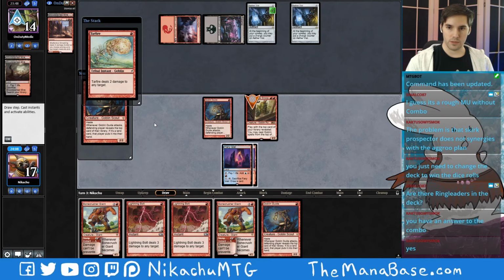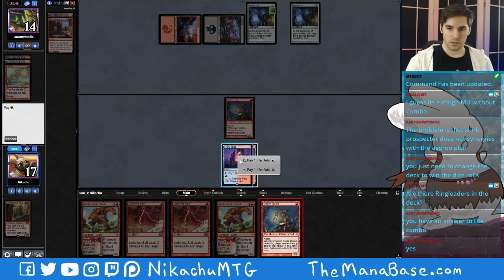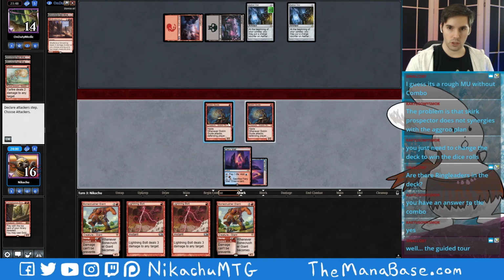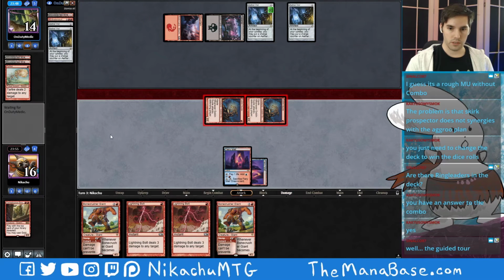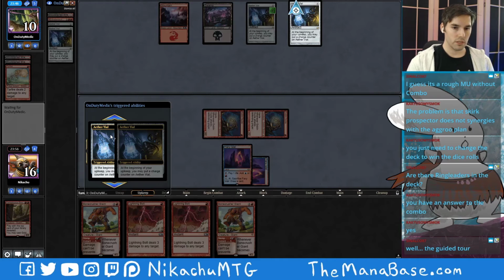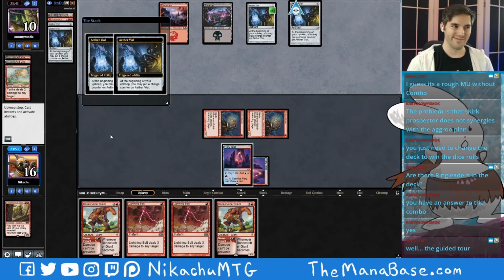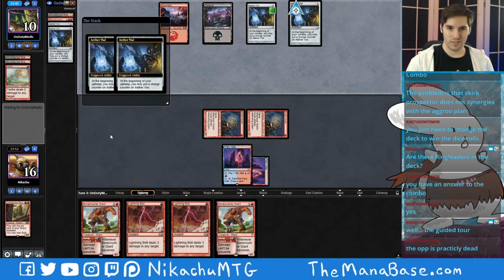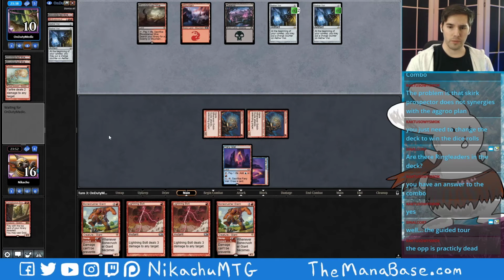Goblin Guide. Tarfire. Sure. The only thing that sucks is I'm taking a lot of damage from my own crap. Yes, this is the guided tour. I have to kill my opponent pretty quickly, though. We do have a lot of... I mean, we have 10 damage in our hand, so...